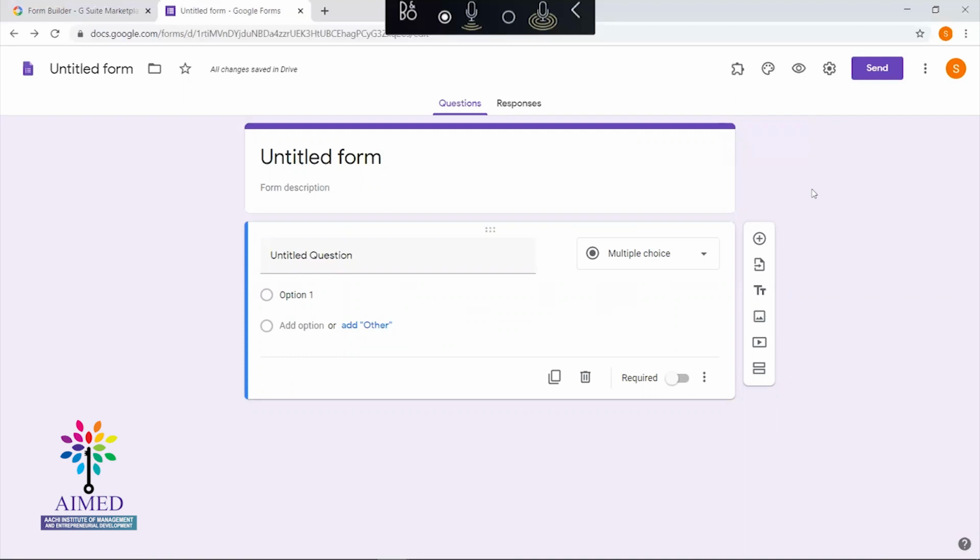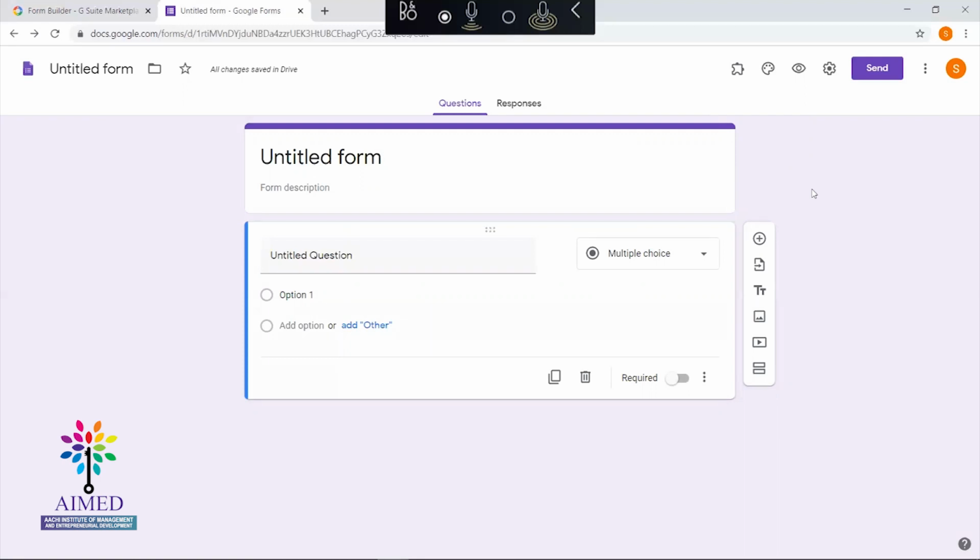So as I said already, the Form Limiter add-on will help you to limit the responses you are getting for your registration form. In yesterday's session, we have seen how to create and how to share the registration form, right?